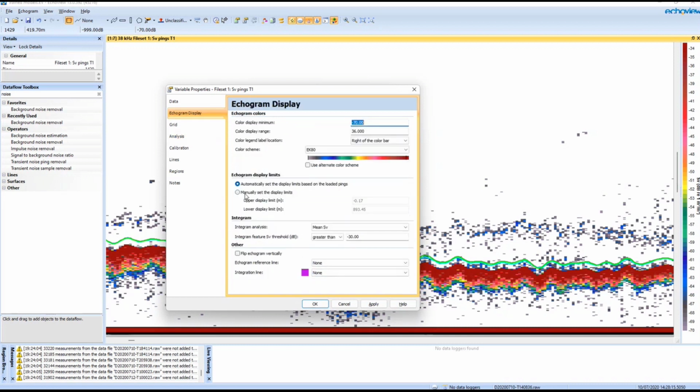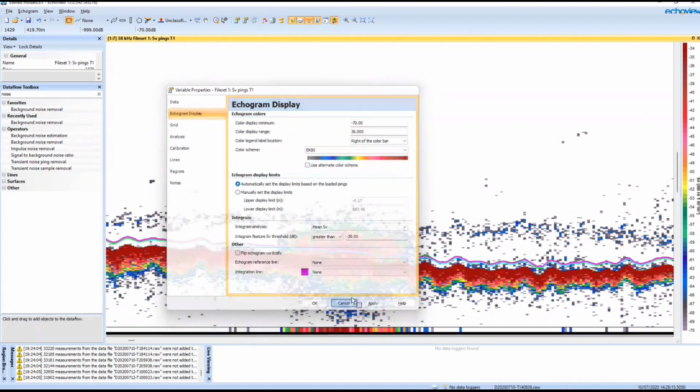And then on the echogram display tab, we've got these intergram settings here. And I'll click apply. What this intergram is, is a running calculation of mean SV based on these settings. And then what I can set is an intergram feature threshold, where I'm interested in the data where mean SV is greater than 30 dB.